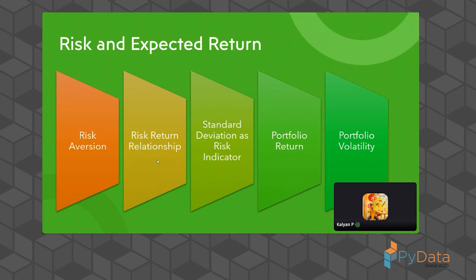The relationship of risk and returns works similarly. So when you are trying to expect more money, then you definitely have to take more risk. That's how the risk and return relationship closely works in a modeling process. And risk can be measured by the standard deviation of returns, assuming certain parameters for how returns